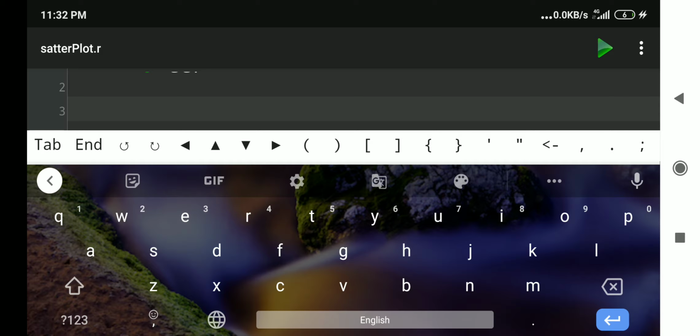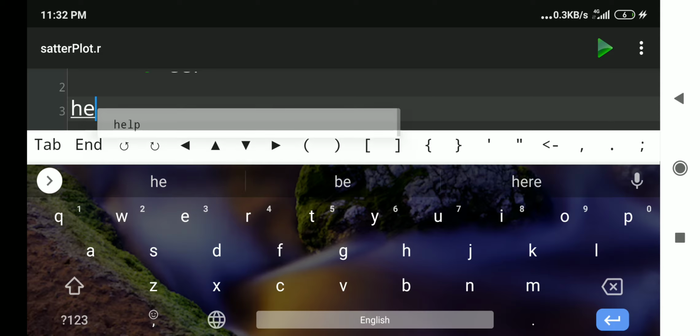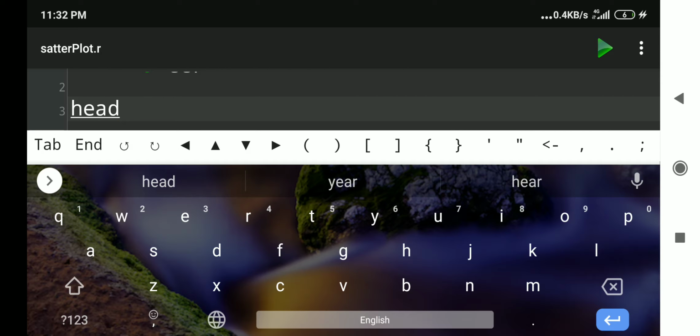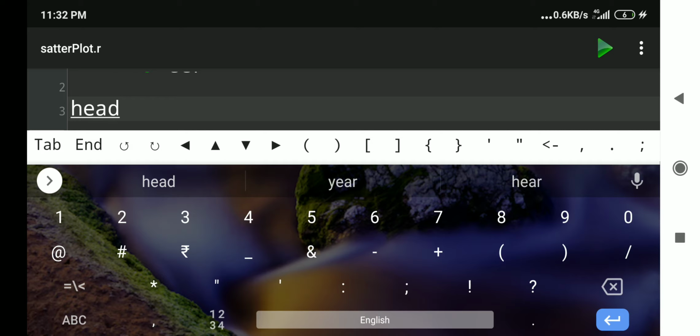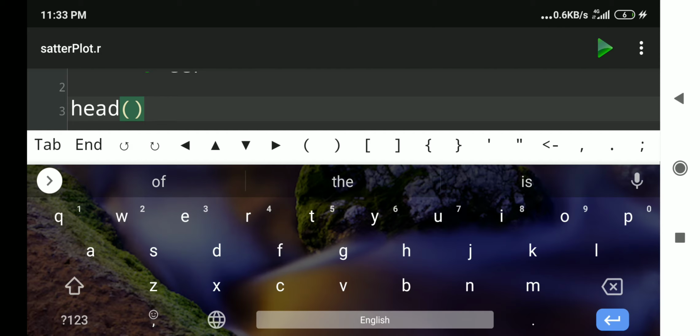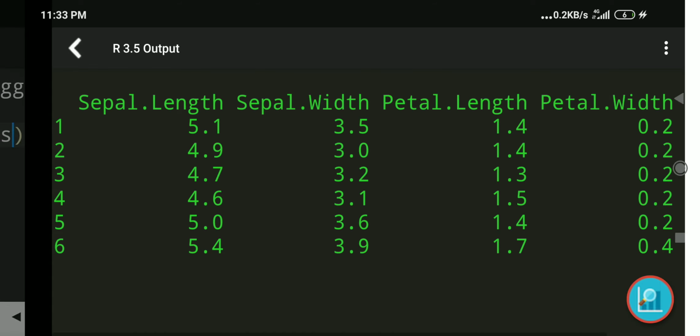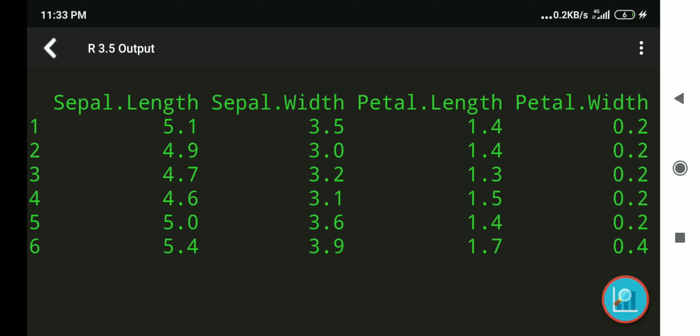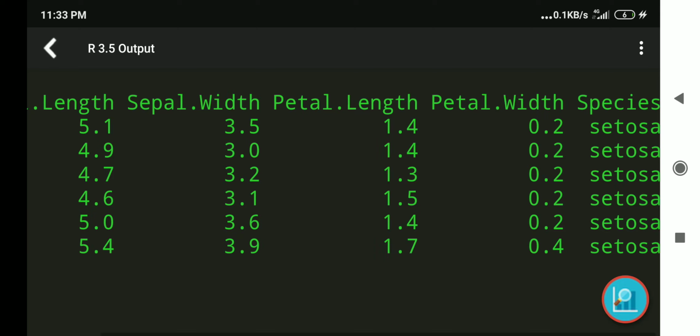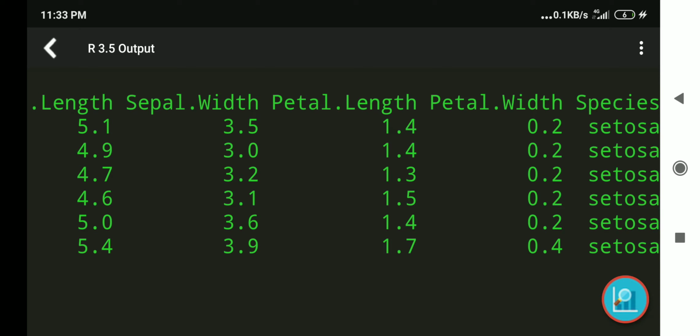Here we want to use a dataset. ggplot2 uses data in the form of a data frame. Here we are going to use data frame iris, and to have a glimpse of that iris data set, I am using this function head, and within the parenthesis after head I will write name of the dataset iris. Now it is showing me the result in console that iris has 5 variables: sepal length, sepal width, petal length, petal width, and species. 4 variables are numeric, and in species a character variable is there, and setosa is the name.